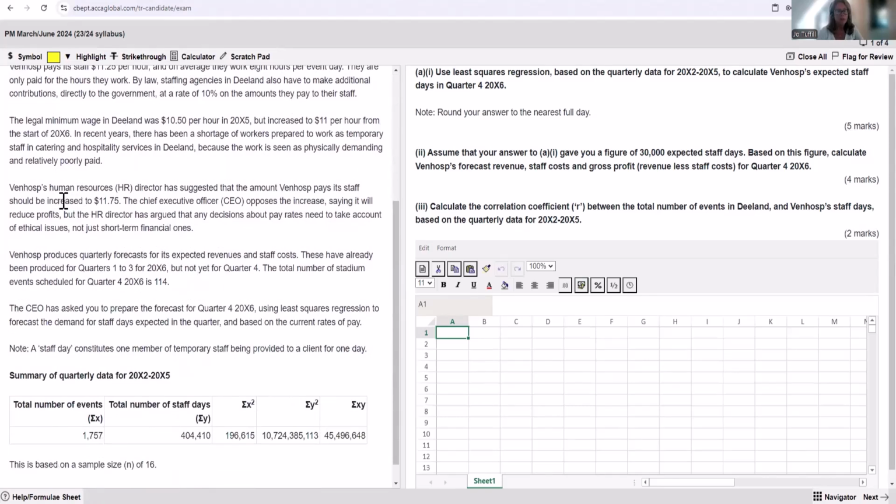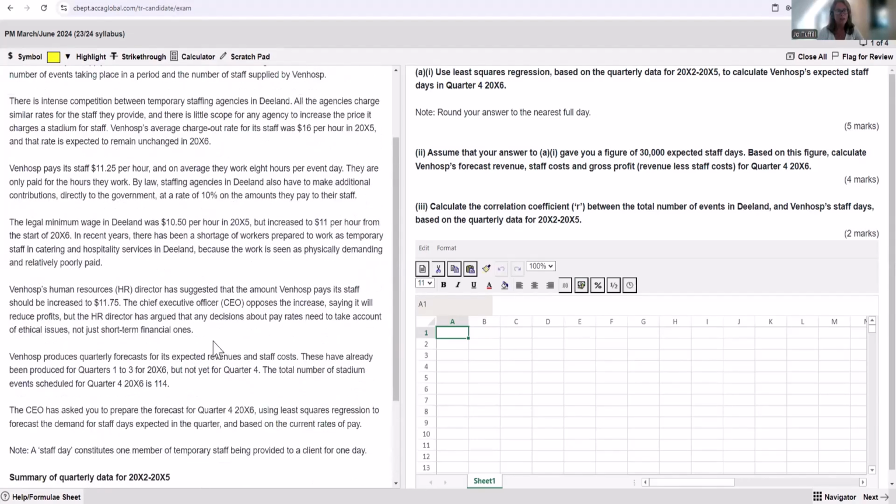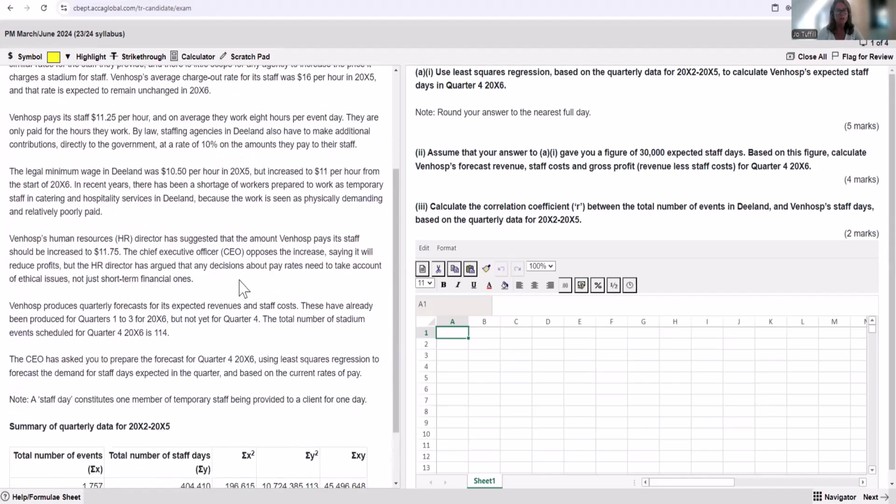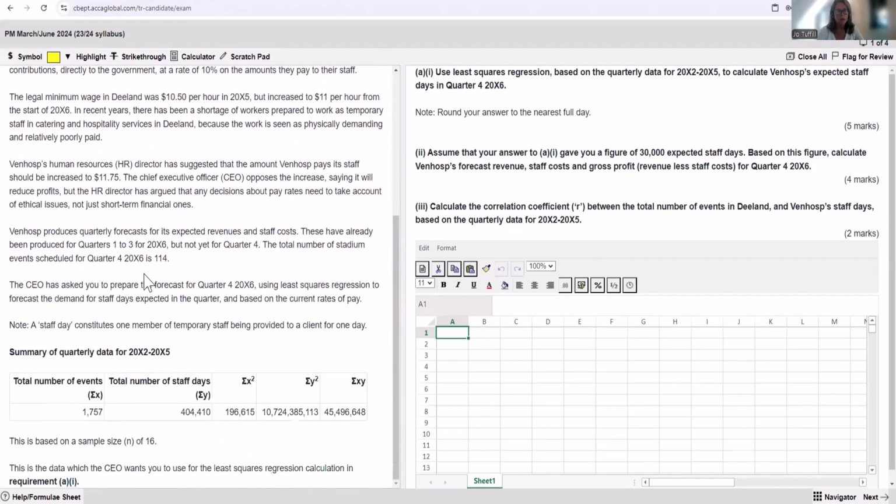Then we've got some information from the HR director suggesting that the amount VenHosp pays its staff should be increased, and the chief executive officer opposes the increase, saying it will reduce profits. But the HR director has argued that decisions about pay rates need to take account of ethical issues, not just short-term financial ones. So this kind of narrative is all going to be used when you're doing the written section. We need to get to the first bit, which is what information do we need to do this